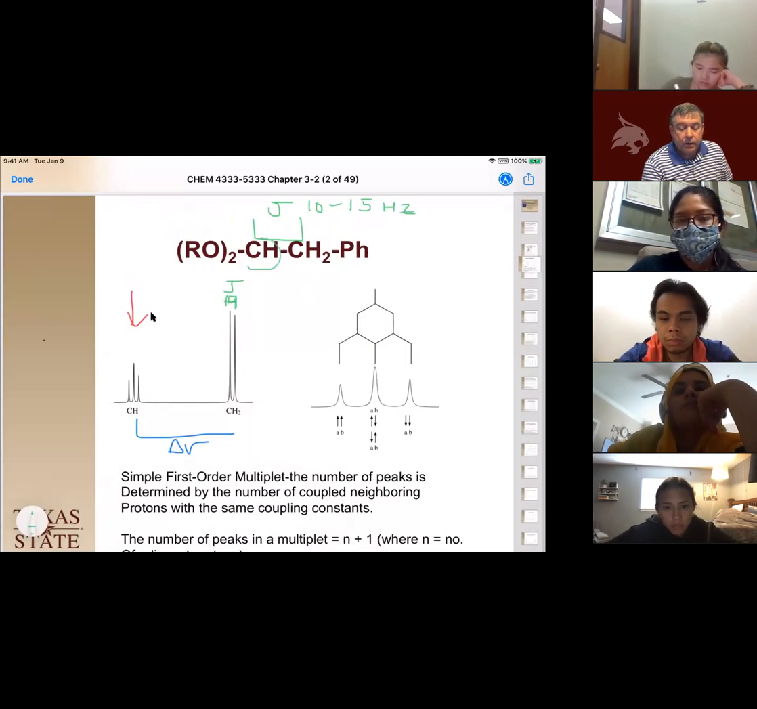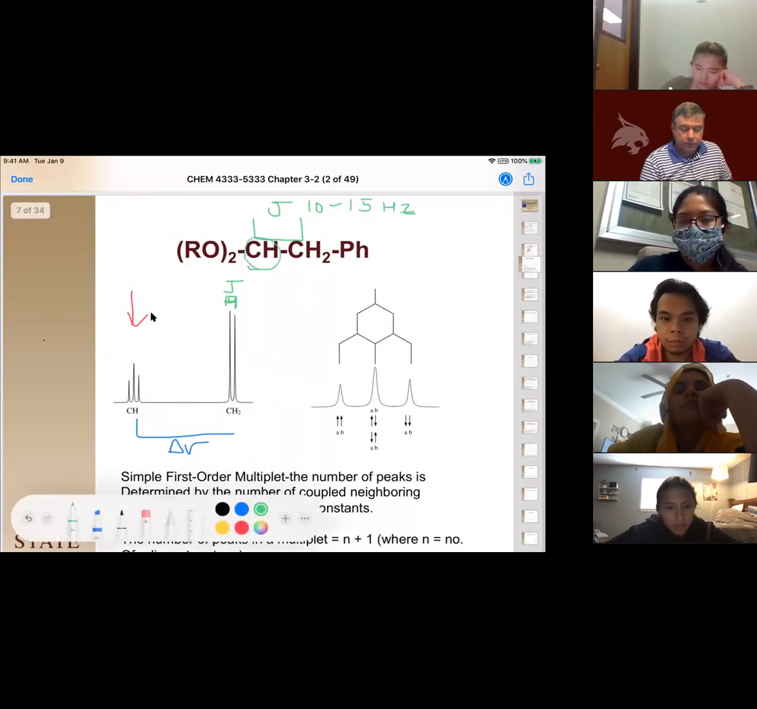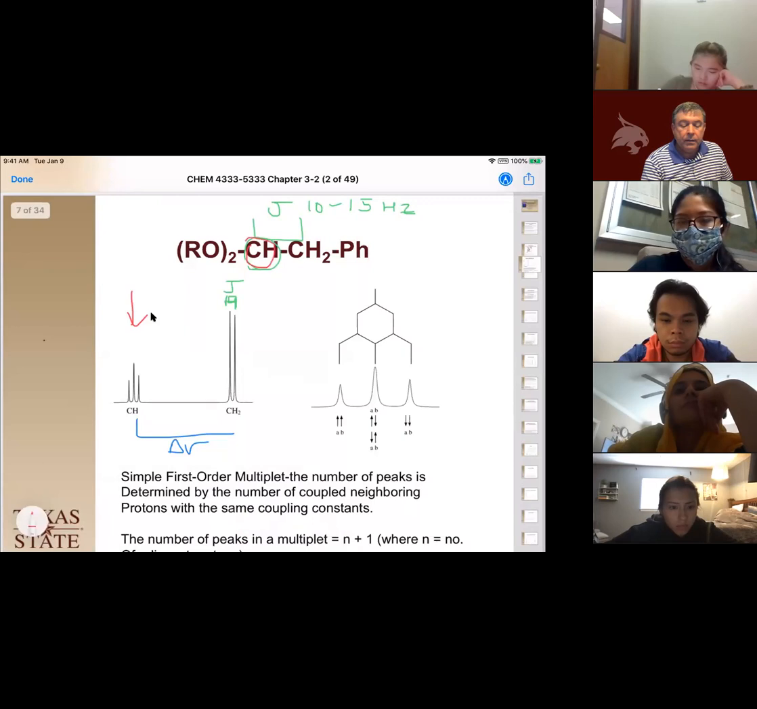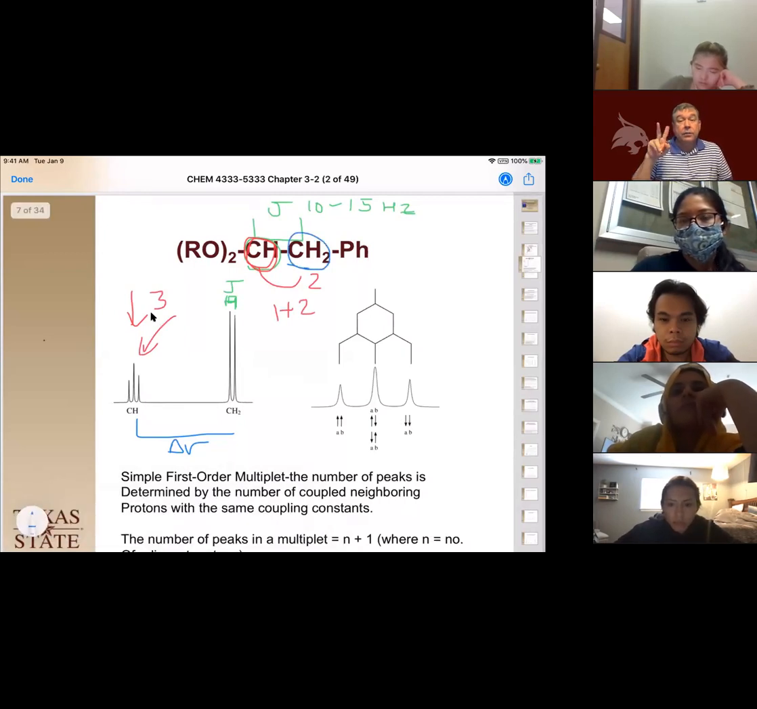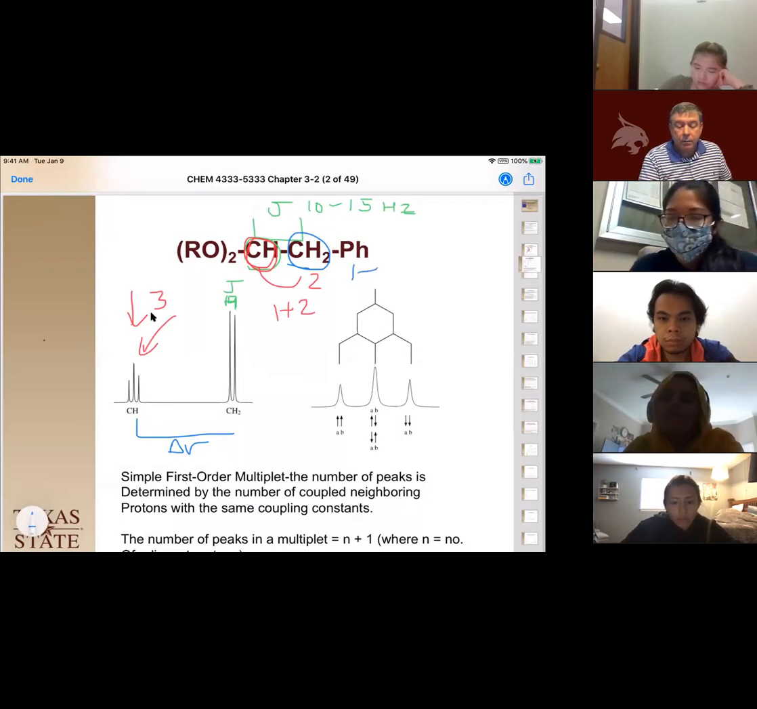This is 1 hydrogen. Actually, let me go circle it here in red. This has 1 hydrogen, but it's being split by 2 hydrogens. Therefore, it's going to be 1 plus the 2 hydrogens, giving us 3 peaks, okay? And those hydrogens are equivalent. So they give 1 peak for that. Plus, it has 1 hydrogen it's being split by, giving us a peak here. Okay, now,